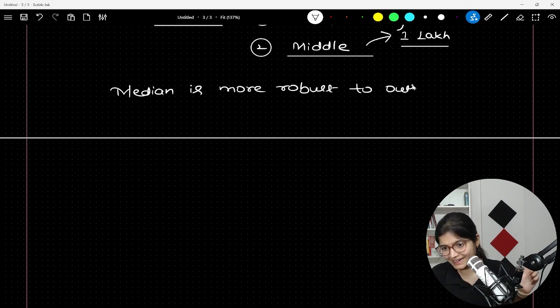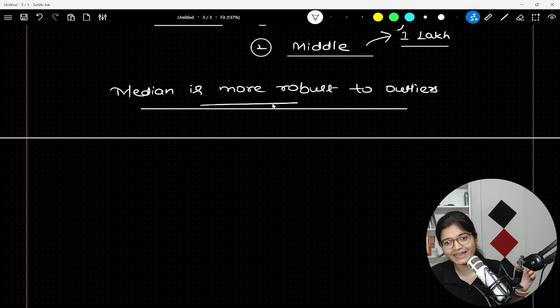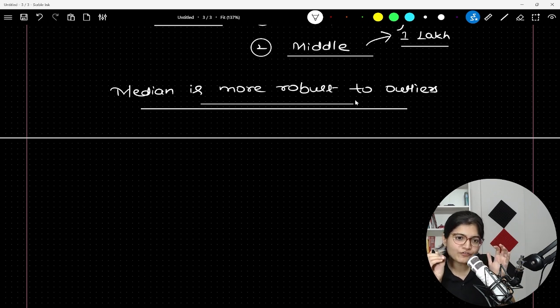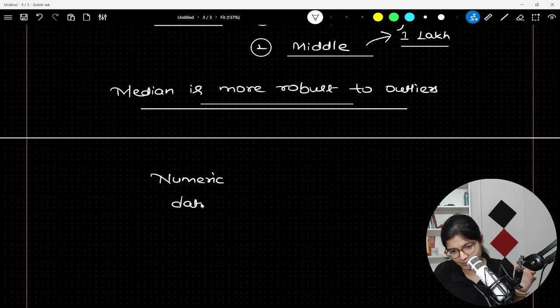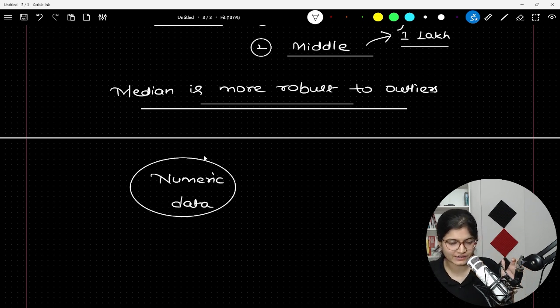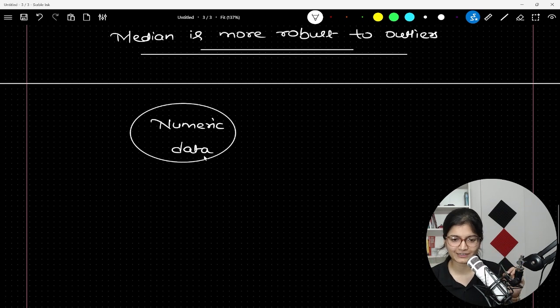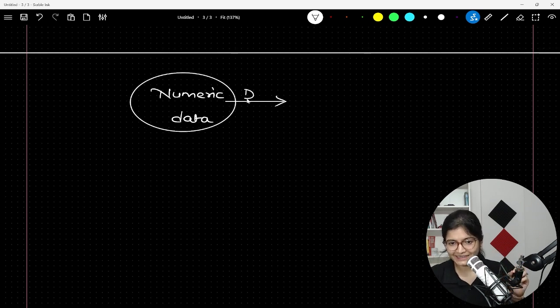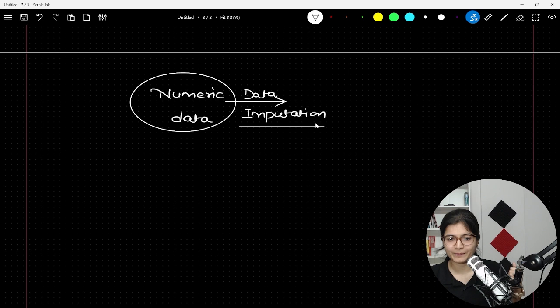So whenever you are dealing with numeric data, because we do have different kinds of data sets, and specifically I'm talking about numeric data, and you want to do data imputation because you have figured out maybe null values are there, or maybe the values are zeros, anything can happen. For example, in our case, zeros are there. That's a major issue. Whenever you are doing the data imputation, you need to figure out